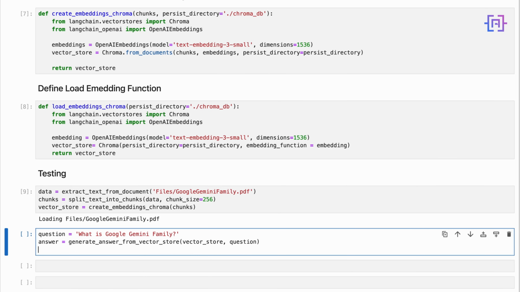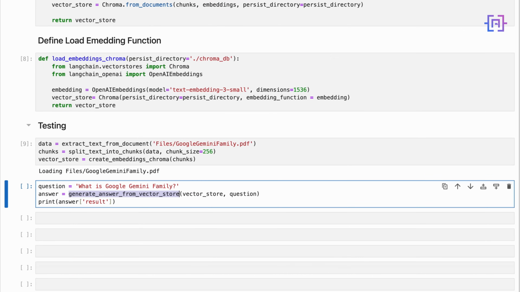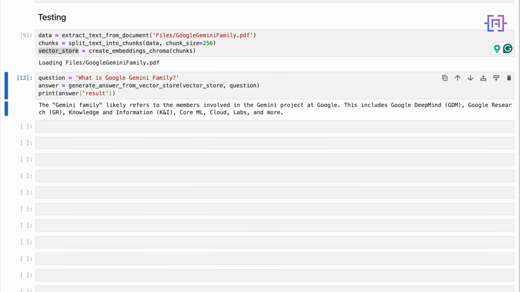Okay, and then finally we are going to print the answer result. Okay, so this generate answer from vector store is this function that we created here. It could be any type of vector store, could be Pinecone or Milvus, but for this example we use the ChromaDB vector database. So let's run the code and check, and we get the result here,